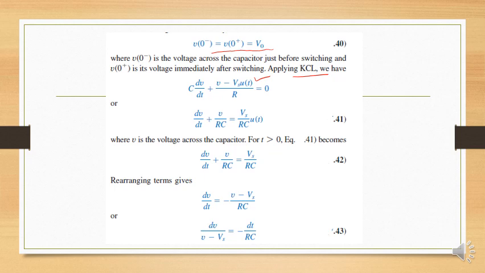Now rearranging it, after rearranging, we again have to simplify it. Putting the derivative on one side of the equation, the remaining R, we take RC common among them. Then we replace the dt with v minus vs, so that we get the v terms on the same side and dt over RC on the other side. This equation, I am talking about this equation.